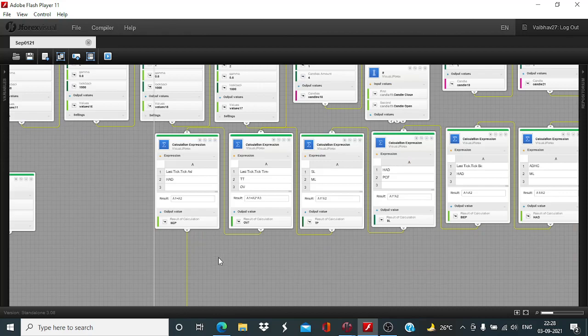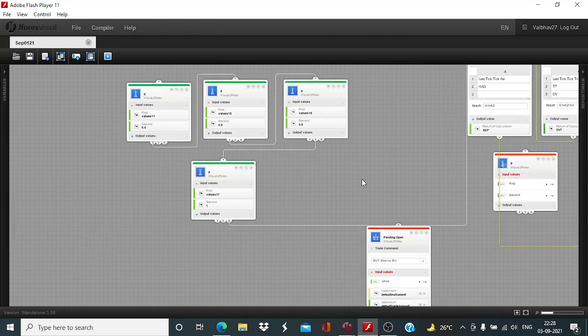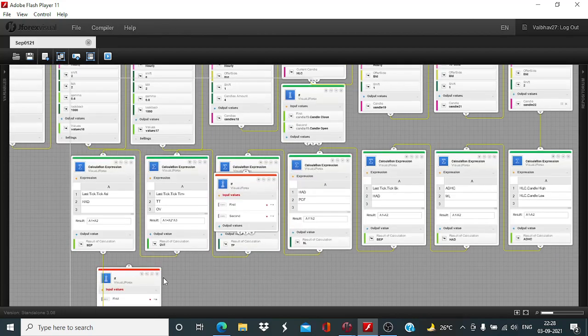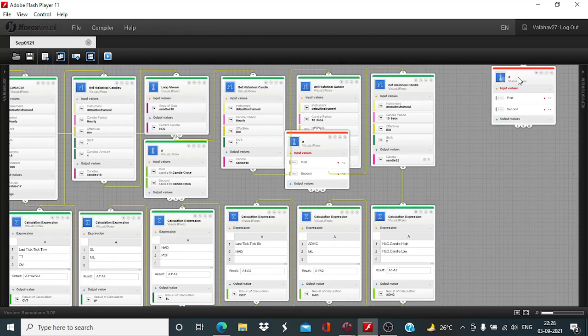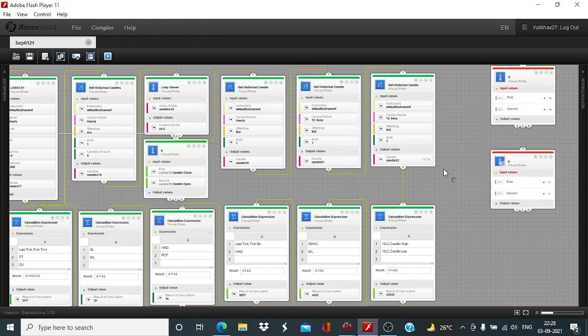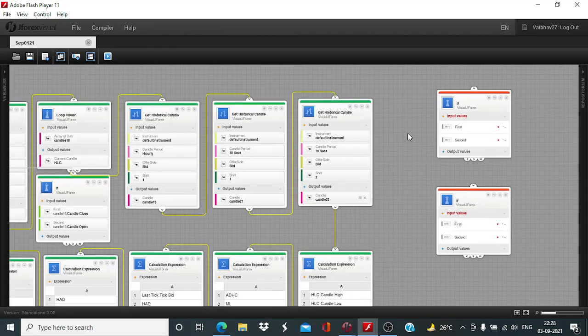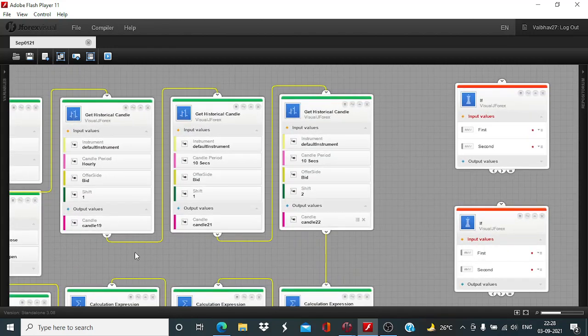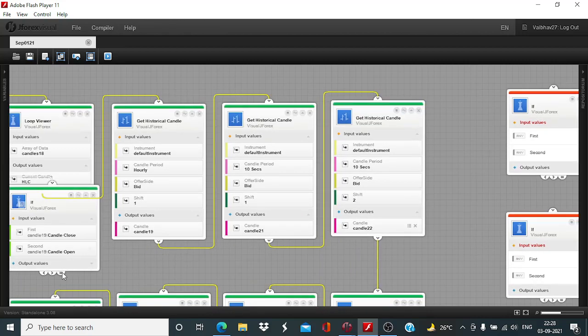After this, we look to initiate the trade whenever the price starts to drop below the candle 19 closing value. So again, we will have to use candle 19 candle close as the common input. First input less than second input,